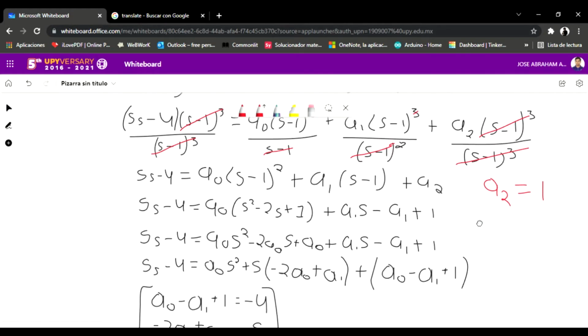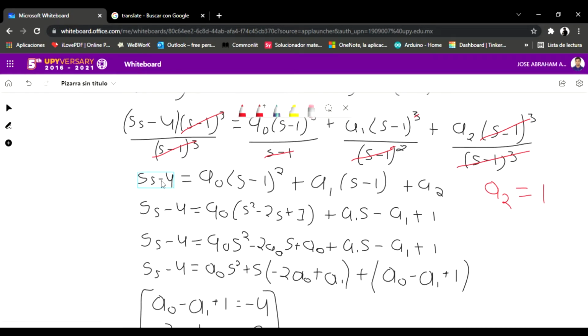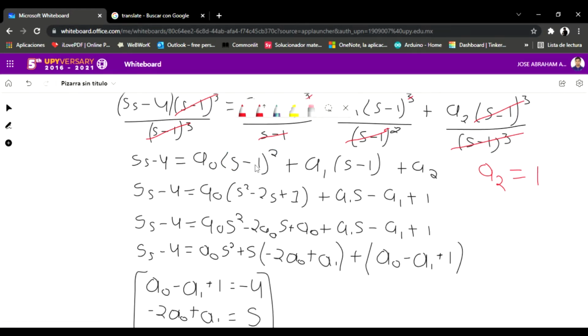Then we have 5s minus 4 equal to a0 by (s minus 1) squared plus a1 by (s minus 1) plus a2, and we can take a2 as 1, because there is just one a2. Then here you can see that we have a squared binomial, and